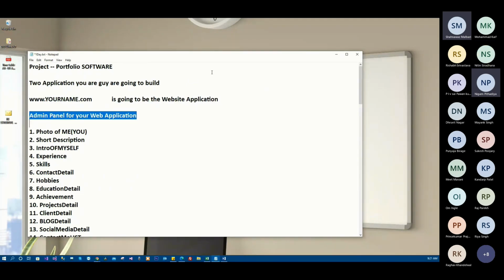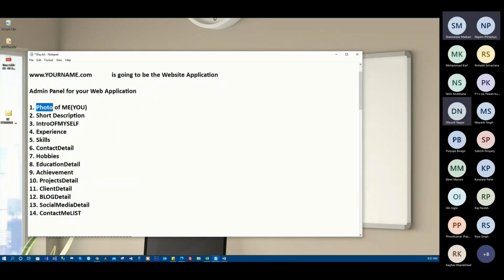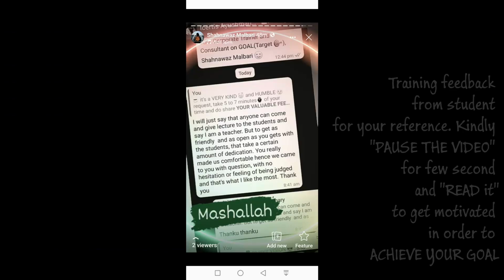Yes, sir. For example, who said photo? Who pointed this point, who said the first point? Dhruv, you said that, right? So right now, your photo has been changed, isn't it? Definitely, in future also, your photo is going to change. So it means you need some place where you can change your photo and it should automatically reflect, right? Definitely. Same thing.